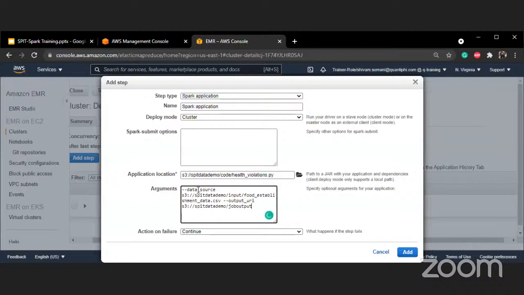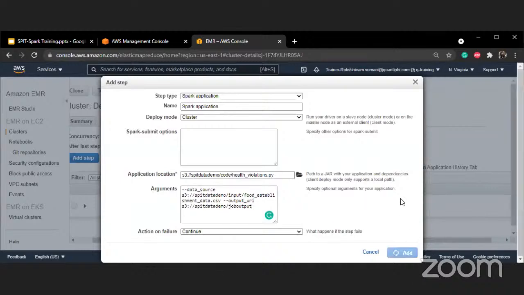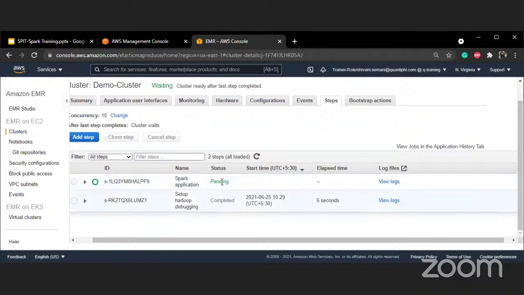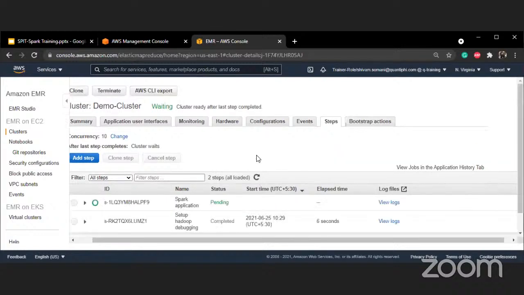So basically I kept it generic to have a data source, with an S3 location. S3 is basically a distributed data storage in AWS, you can say. And this is the location of the input file, and I'm just giving an output location as well. So when I just click add, yeah, it's showing as pending and it will start. So meanwhile,